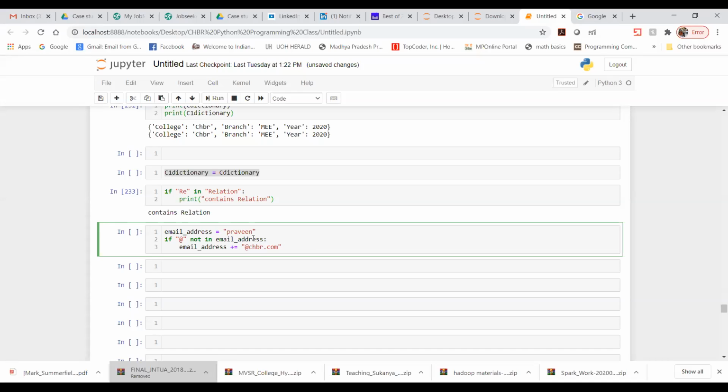Do I need to take each name one by one and create the email ID? No, I'm not going to do that. I already have one list which has these things.